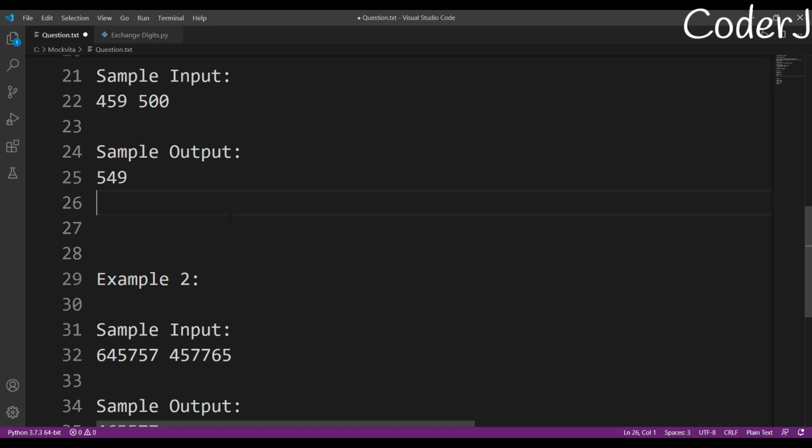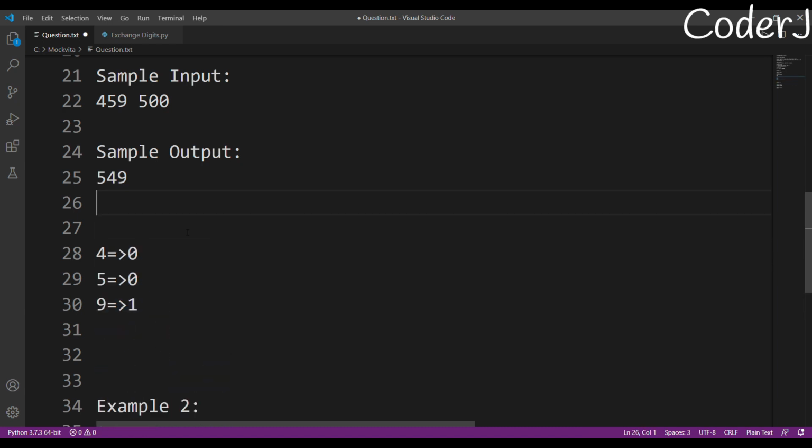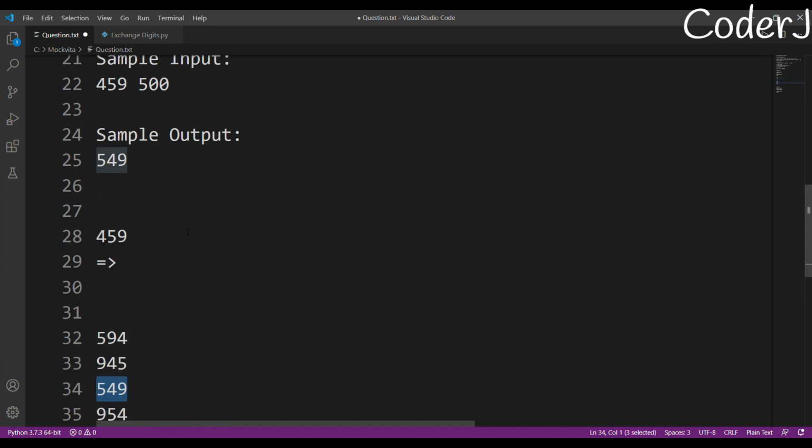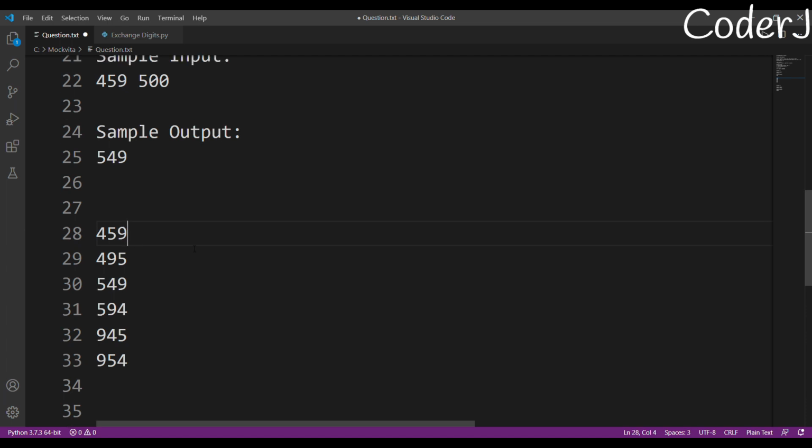So what I'm going to do is calculate the permutations of all of these elements. I'll take this 459 and calculate all of its possible permutations, and go sequentially. I'll check if my element is greater than or smaller than 500, sort of like I demonstrated in the first option. Let me just get it back. This was what I wrote initially: 459, 495, this and this. I'll check on all these elements.